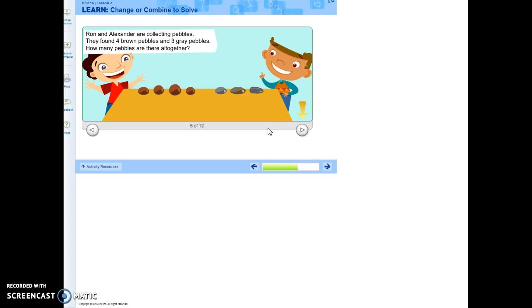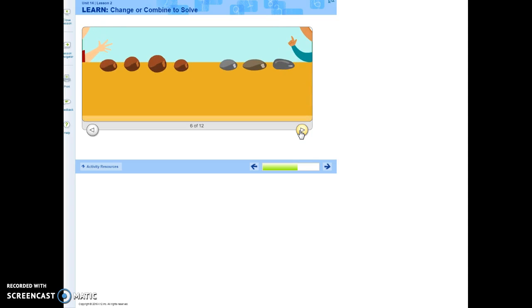Ron and Alexander are collecting pebbles. They found 4 brown pebbles and 3 gray pebbles. How many pebbles are there all together? I want you to take a second and try to figure out how many there are all together. There's 4